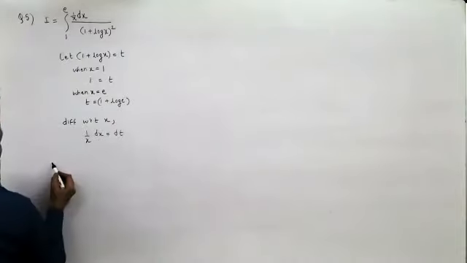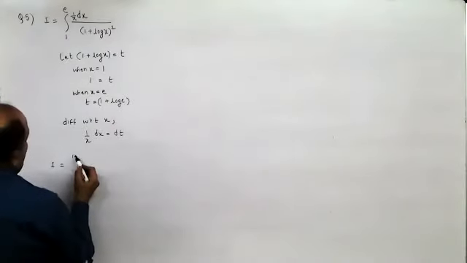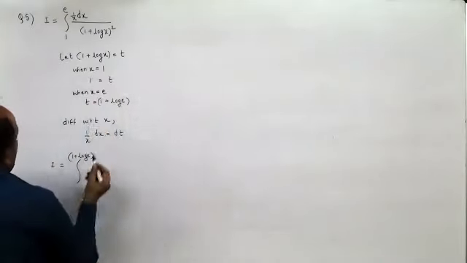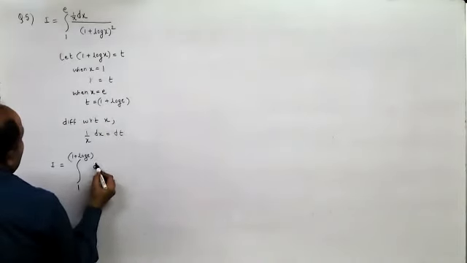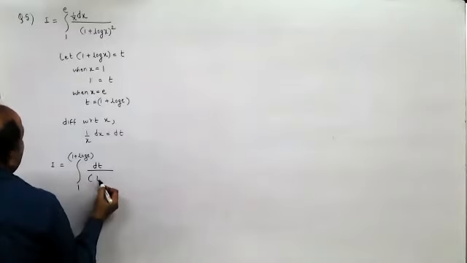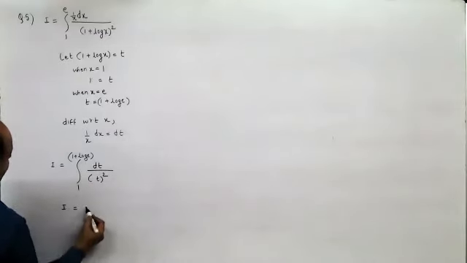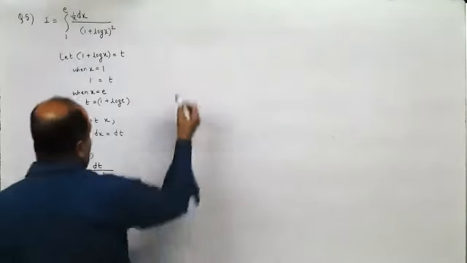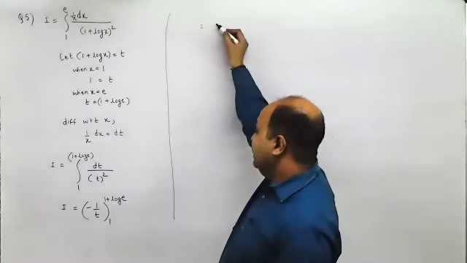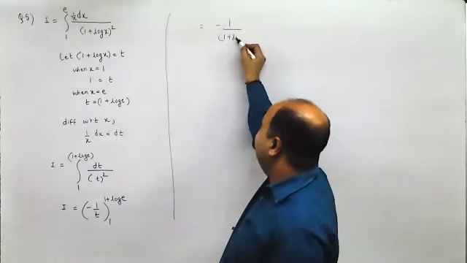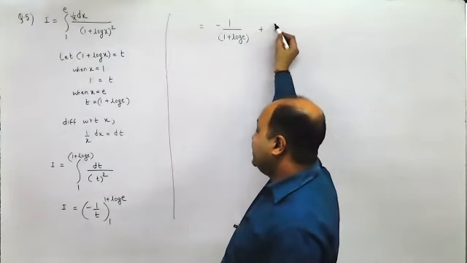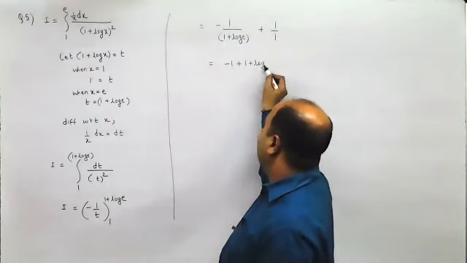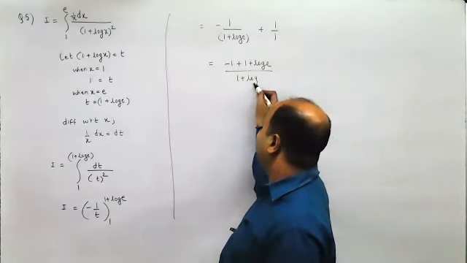So this would be I equal to, instead of e, you would get 1 plus log e, and instead of x equal to 1, you will get t equal to 1. Then 1 upon x dx is dt, and 1 plus log x is t, so this is t squared. So this is minus 1 by t between 1 plus log e and 1. First I will take 1 plus log e over here, so I would get minus 1 upon 1 plus log e. Then plus 1 upon 1. When I take the limit, I get the answer. How is the answer different?